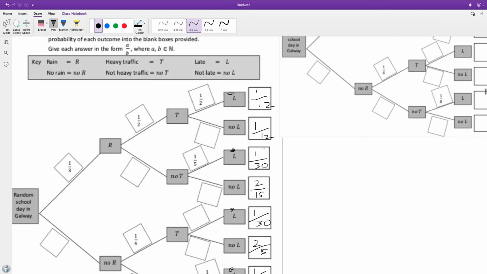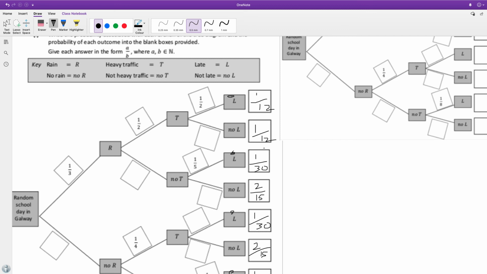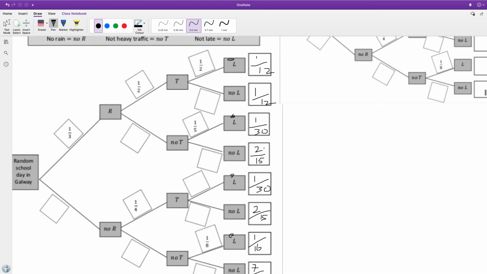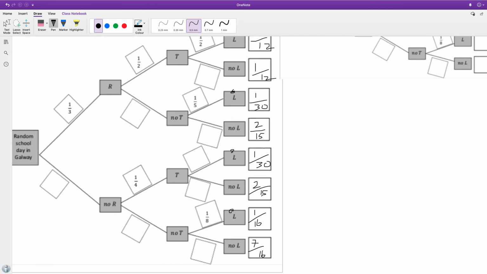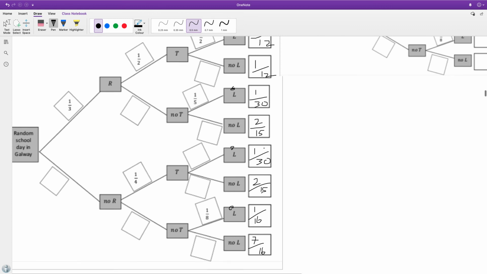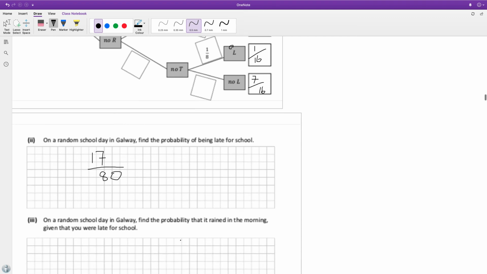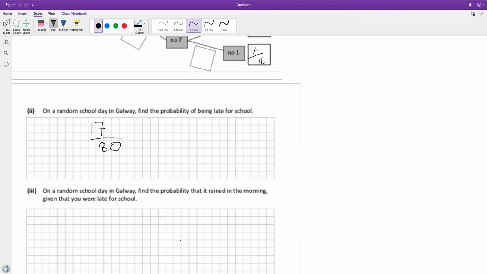What do we get? 1/12 plus 1/30 plus 1/16. And we get an answer of 17/80. So the probability of being late then is 17/80. Right. Bottom bit. On a random school day, find the probability that it rained in the morning given that